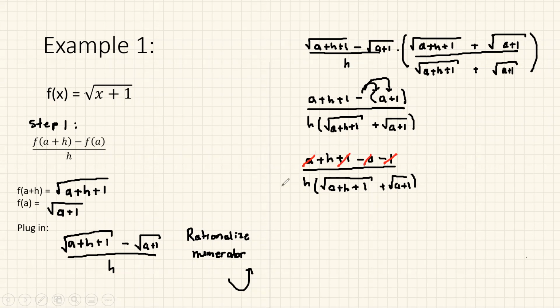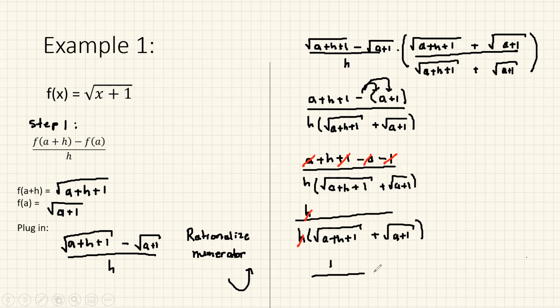And also the h's will cancel here, but we'll leave that. So we'll have h over h, times the square root of a plus h plus 1 plus the square root of a plus 1. Now we can cancel our h's. And we are left with